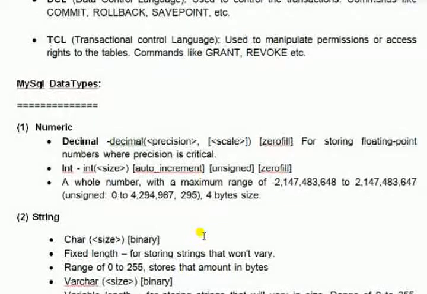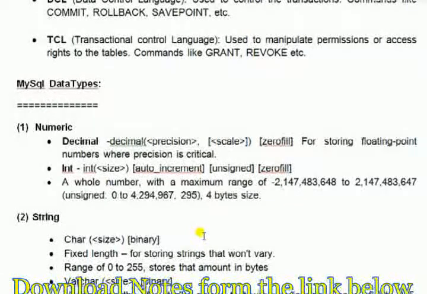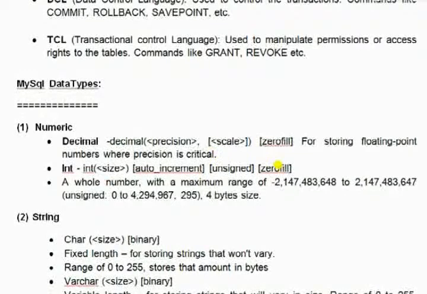When you create a table and use the data type of a specific field as decimal, then the size is written like 5,2.